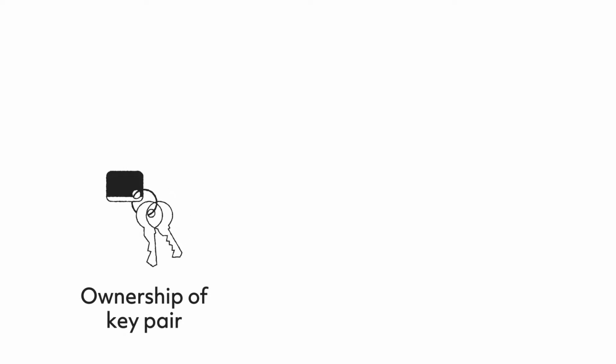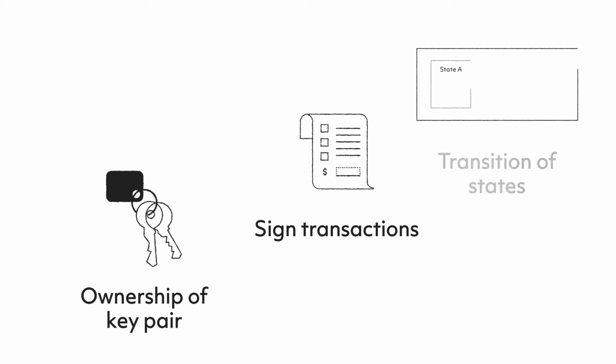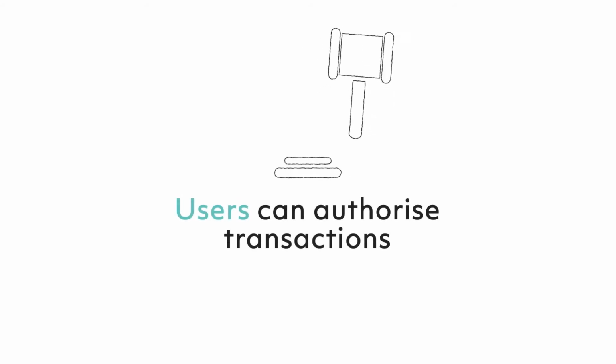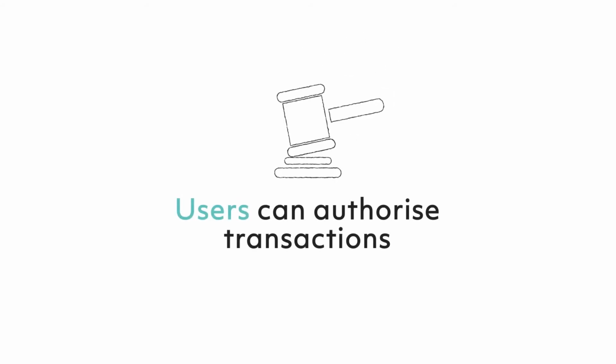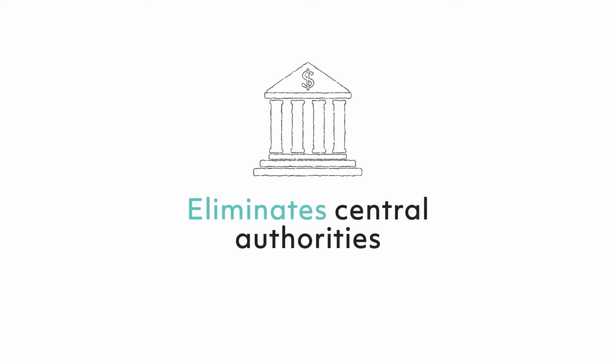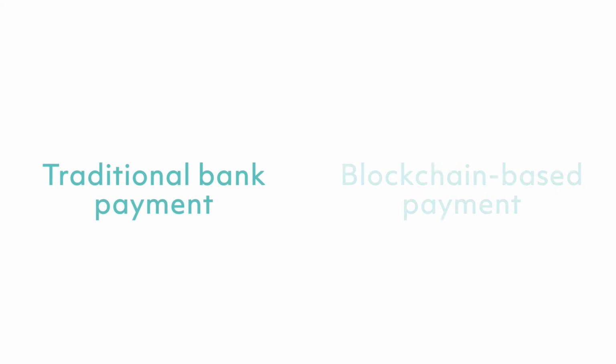So the ownership of the public and private key pair would allow you to sign transactions and verify and record the transition of account states through transactions. The key point here is the fact that users can authorize transactions themselves in this system. This eliminates the need of central authorities who traditionally would perform these tasks. To bring this point home, let us look at a simple comparison between a traditional bank payment transaction and a